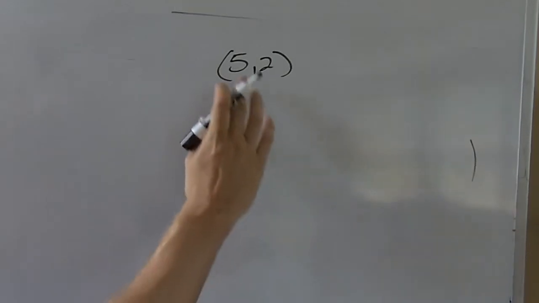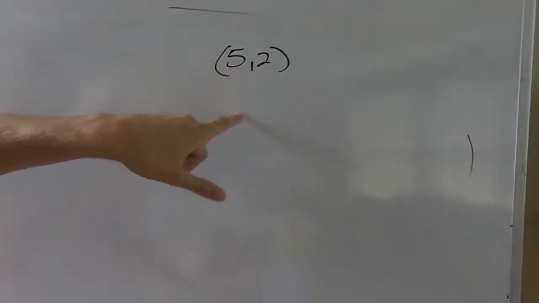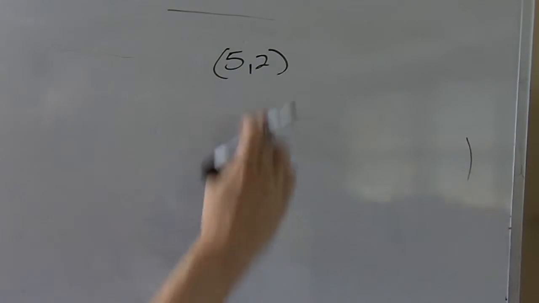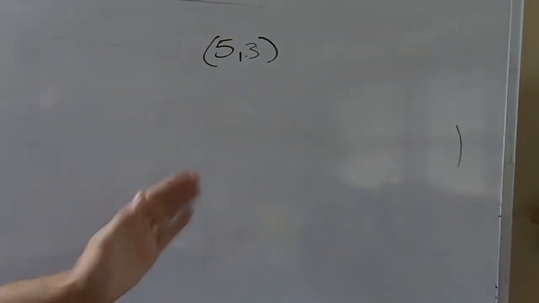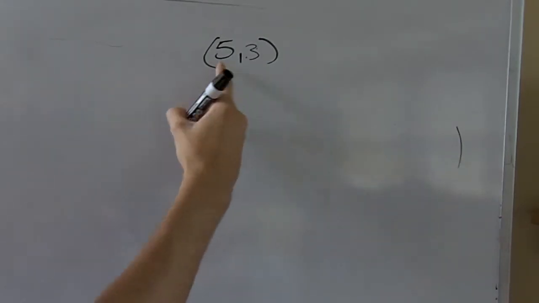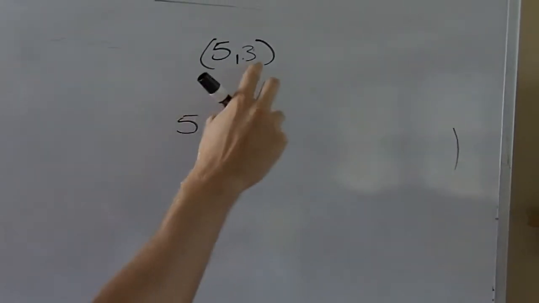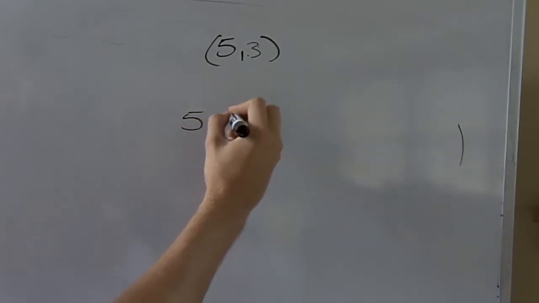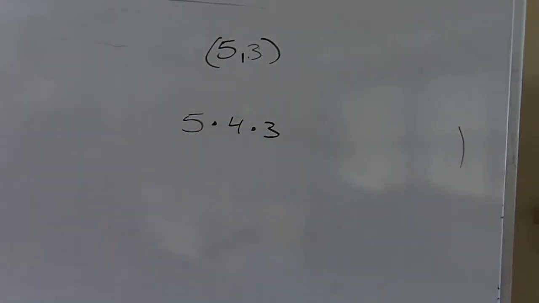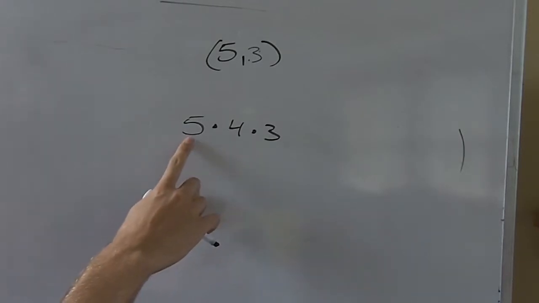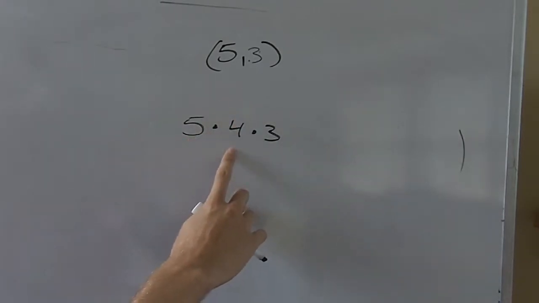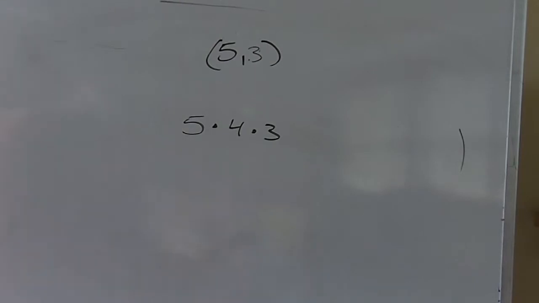Just like with permutations, basically, if you have 5 things taken 2 at a time, you do 5 times 4. If they were taken 3 at a time, you would do 5 times 4 times 3. You basically count down from the number. If 5 is the number of things being taken, and then basically I multiply down like this, because with each choice, I have 1 less element to choose from. So the example we gave, I had 5 people to choose from for president, then I had 4 people to choose from for vice after that, and then I had 3 people to choose for treasurer. But with a combination,